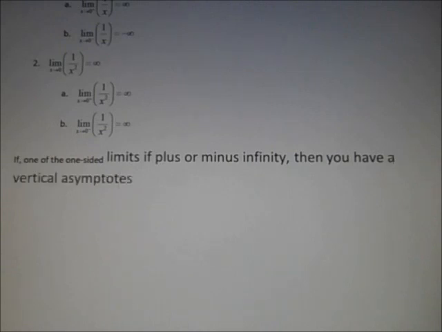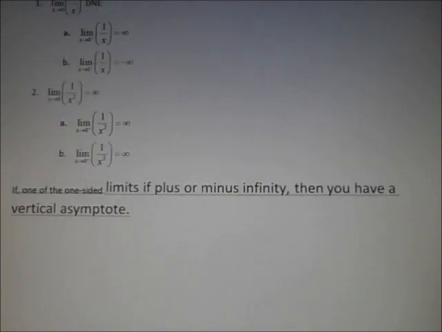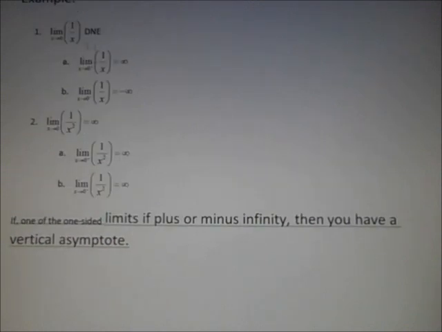That tells us that in my first example, since one of the sided limits was infinity, then I have a vertical asymptote at x equals 0. In the second one, both of them were infinity. It could be plus or minus, doesn't matter. Then I also have a vertical asymptote at x equals 0. So in both of our examples,